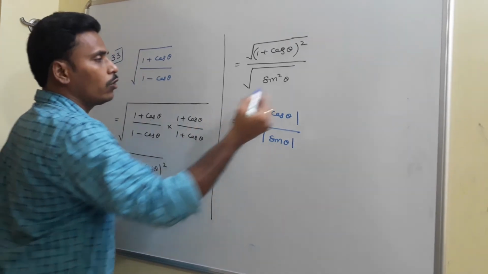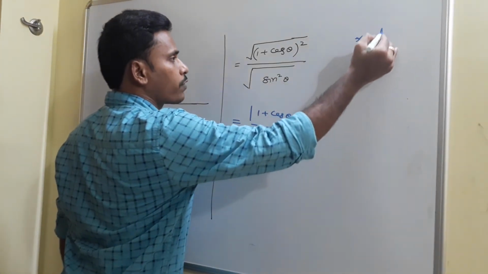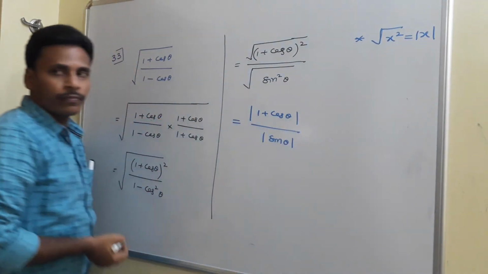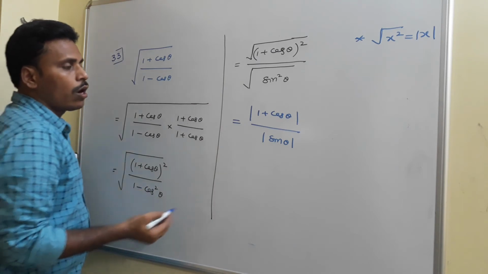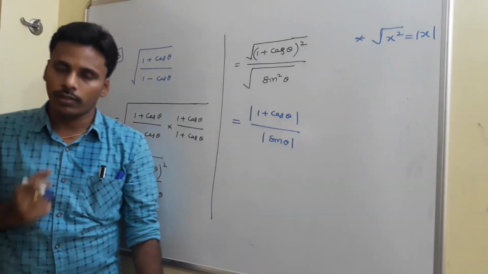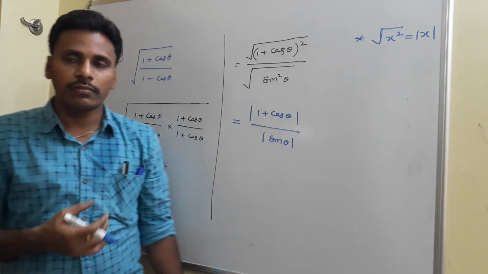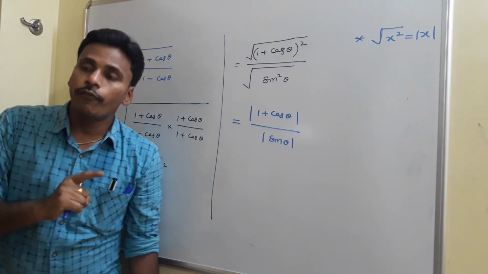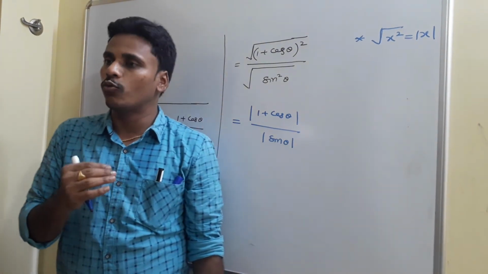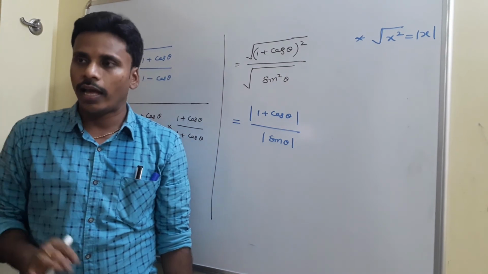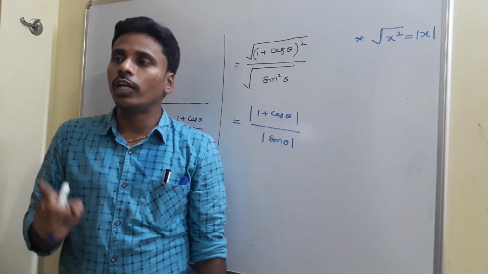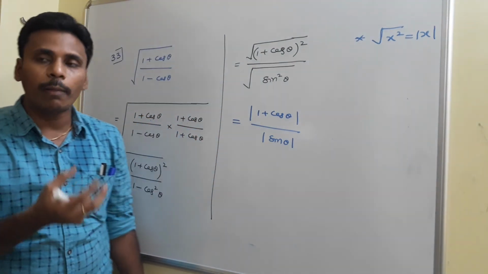Right? Again I am repeating: you need to note that the definition of square root of x square is equal to modulus of x. And now 1 plus cos theta by modulus of sin theta. See how to remove modulus. I told you repeatedly, if the thing which is in the modulus is positive, you just directly remove that modulus and write it as that same x only. If the thing in the modulus is negative, you need to multiply that expression with the minus sign.